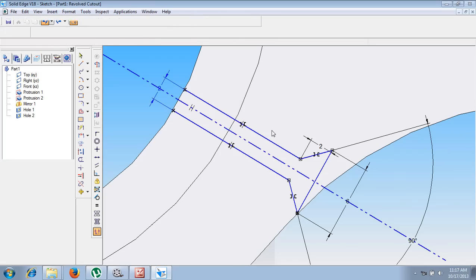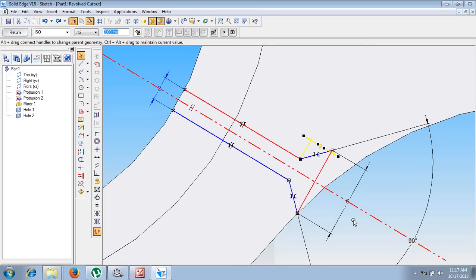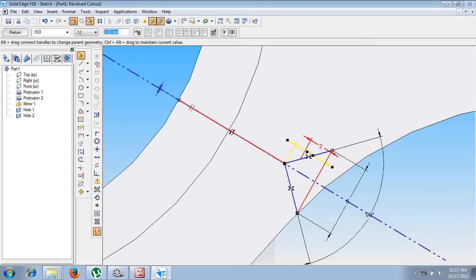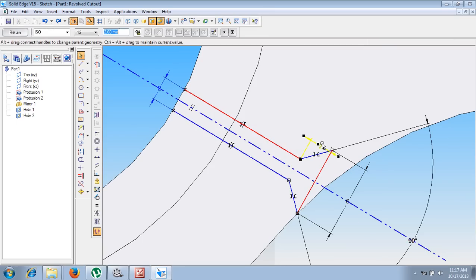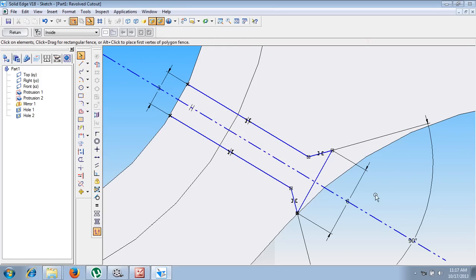Okay, it is not coming as 3 millimeter because this 2 millimeter is supposed to be increased. Okay, let me delete this 2 millimeter, then we can give this dimension as 3 millimeters. Now you can see we have given all the necessary dimension and this depth will be automatically defined. After defining these things, make use of a command called construction and select all this line as constructional elements.